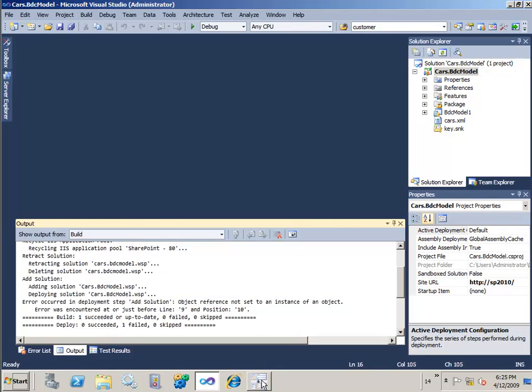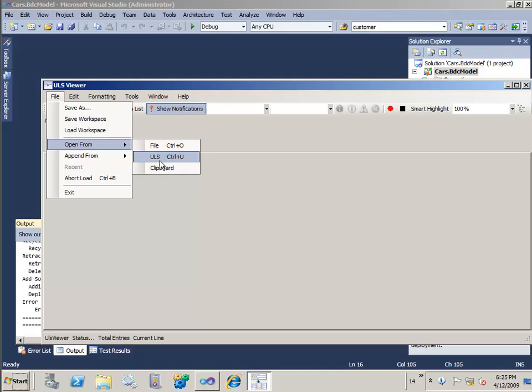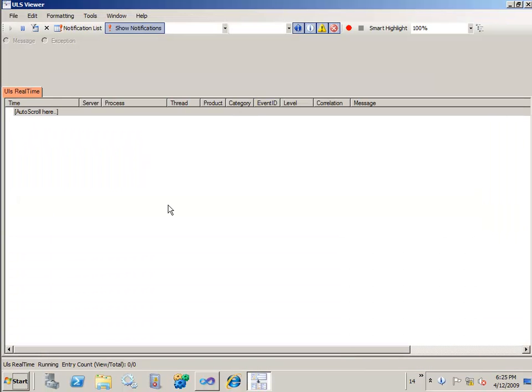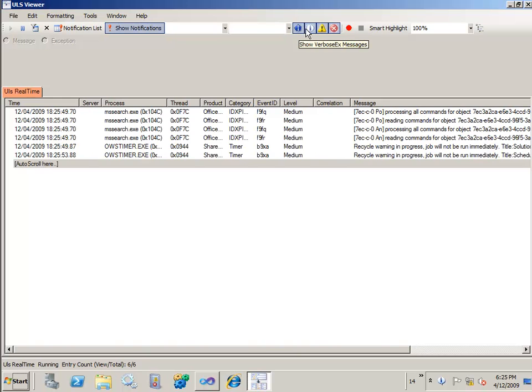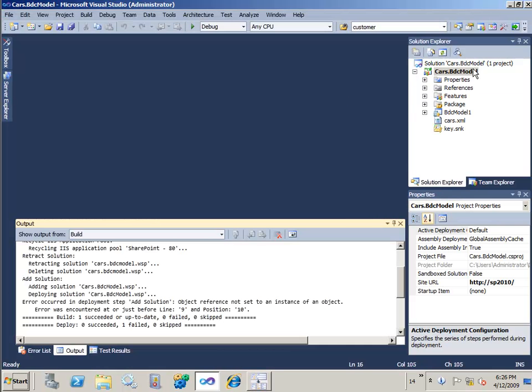So the first thing I did was I downloaded the ULS viewer tool, which is available on code.msdn.com, and you can come in here and go file open from, and you go ULS logs, and by default it will go and find in the registry where your log files are being written to, and just click OK. What this will start doing is writing out everything that's going on in the ULS log files, and if I uncheck those ones so I only get my exceptions and run through this again,